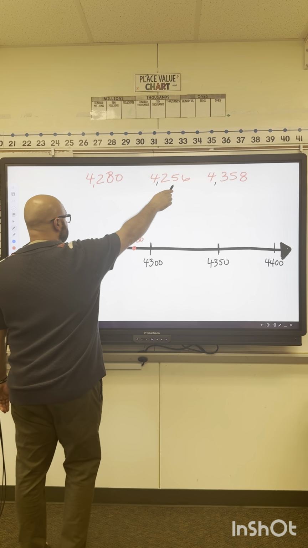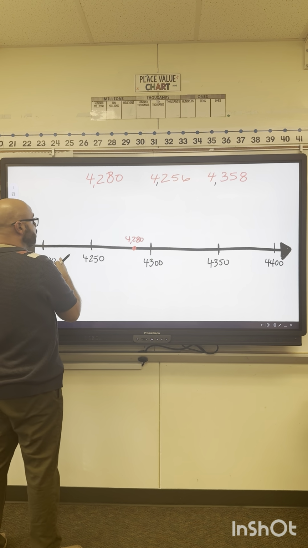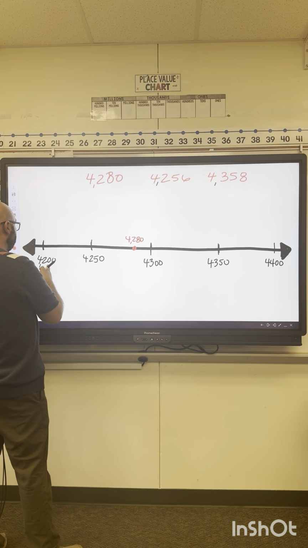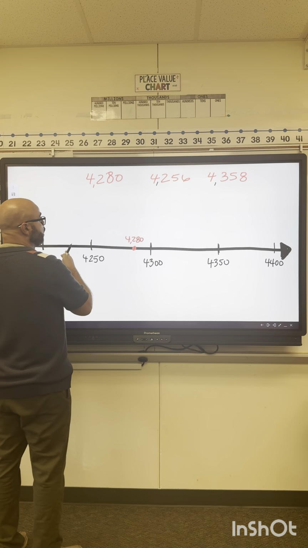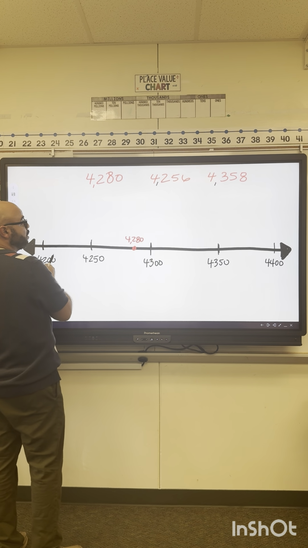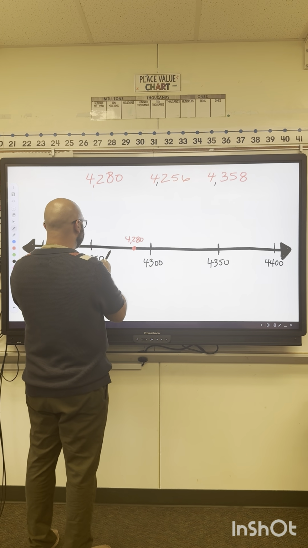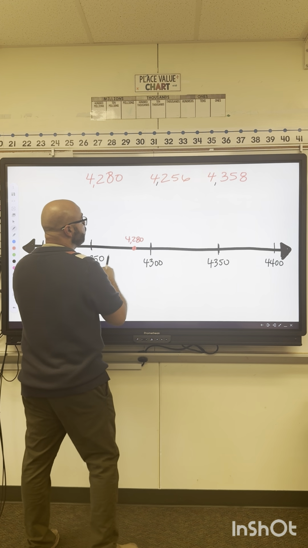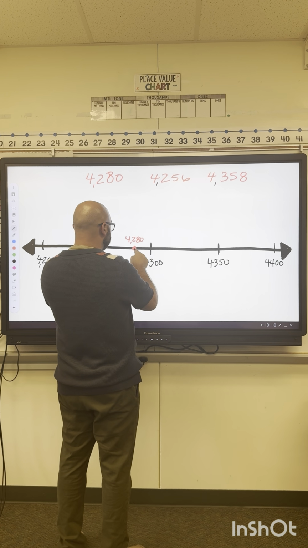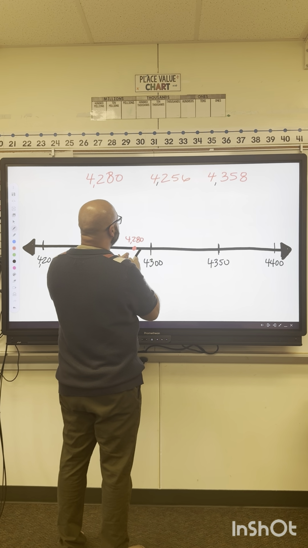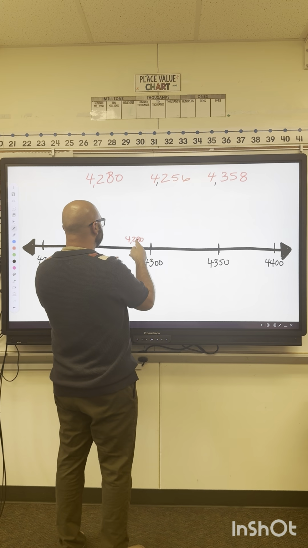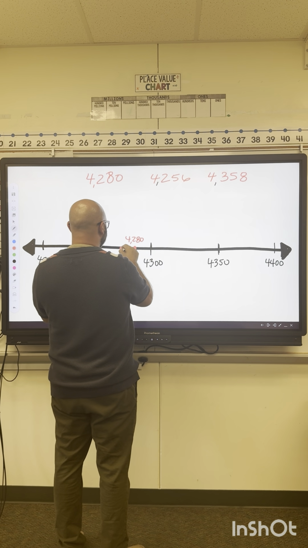Okay, let's go to the next number. You always start from the smallest, right? From the smallest side of the number line, you go over. So you go to the right. 4,200 is greater. Yes, that's greater than this 4,200. So let me go to my 4,250. Yes, it's greater. And oh, hold on. Now I hit a wall here, 4,280. That number is smaller than this number. Therefore, it goes somewhere in the middle, somewhere here,